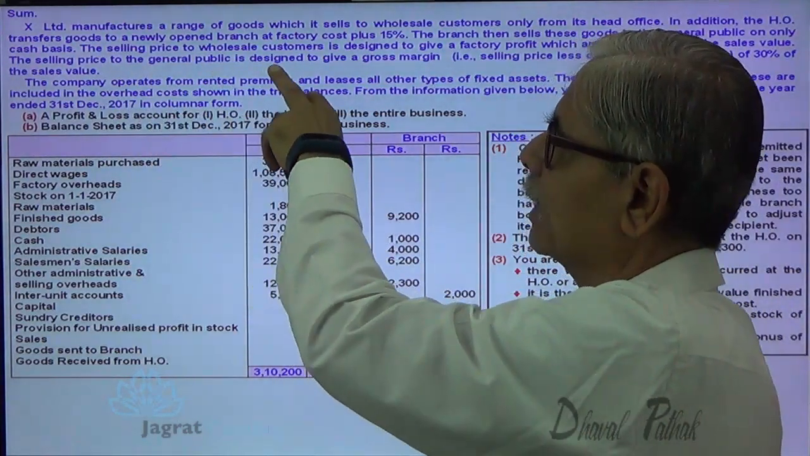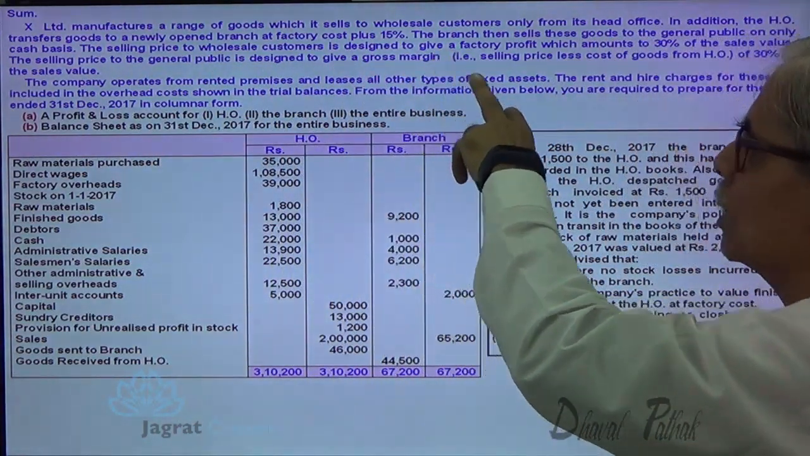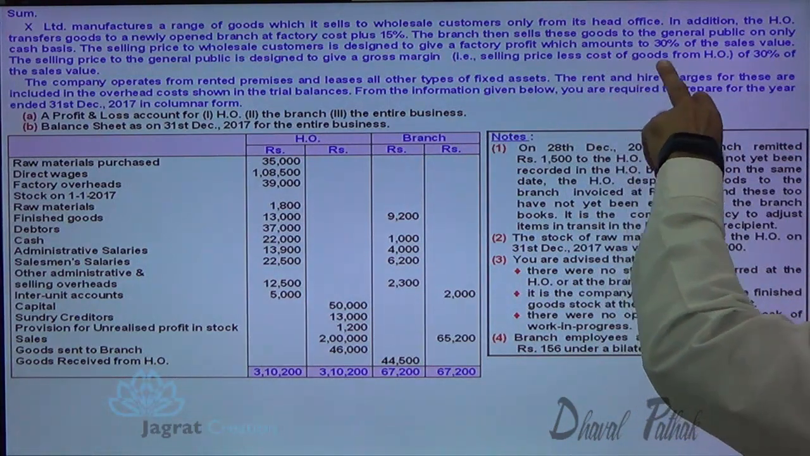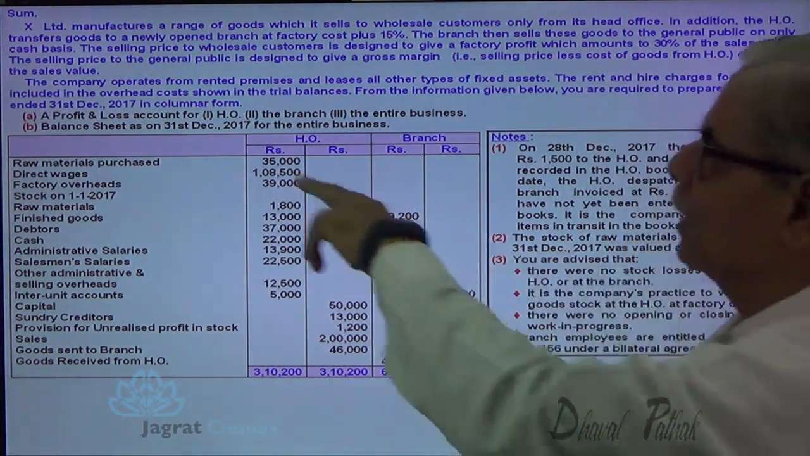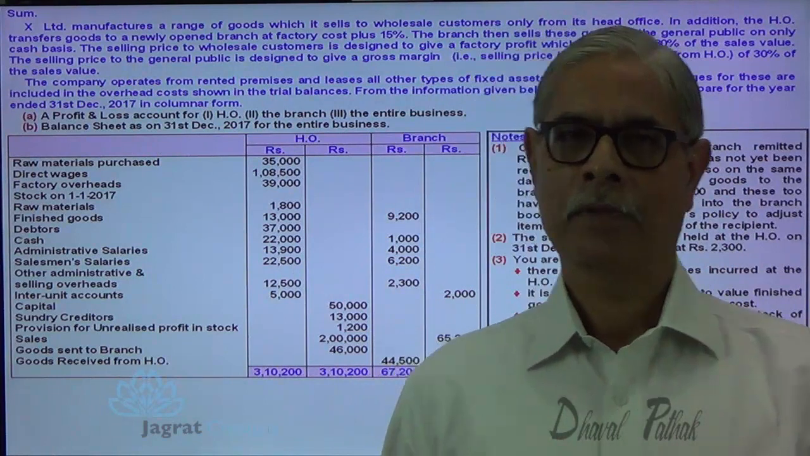The selling price to the general public is designed to give a gross margin, selling price less cost of goods from HO, at 30% of the sales value. Now see,